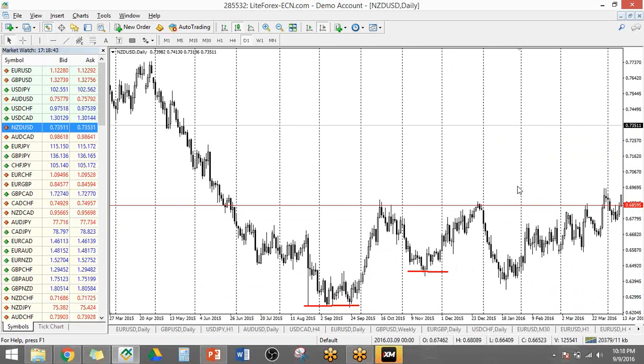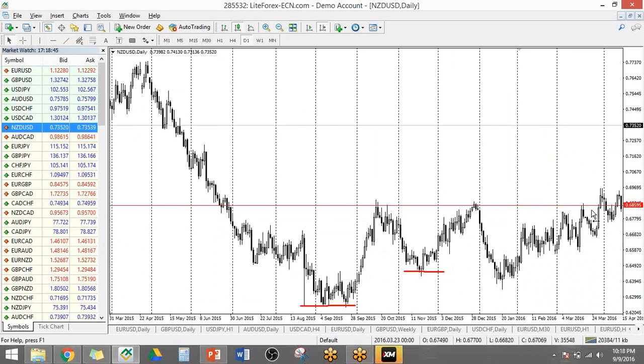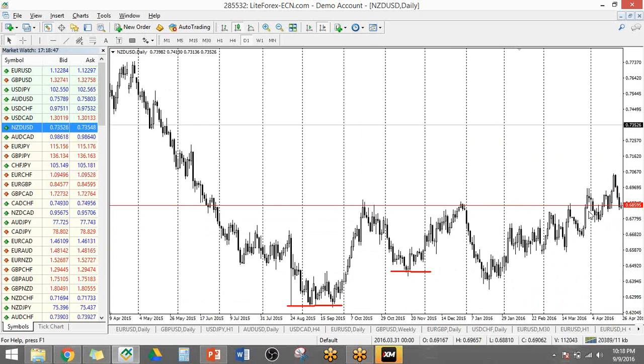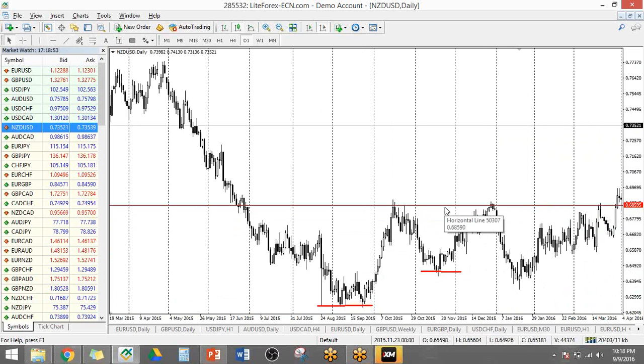Now, as it bounces up, you can see here that there is a little bit of a break towards our ceiling. To give you an idea what happens when a floor is broken or when a ceiling is broken, imagine that you are holding your rubber ball and you throw it so hard that it breaks your ceiling.